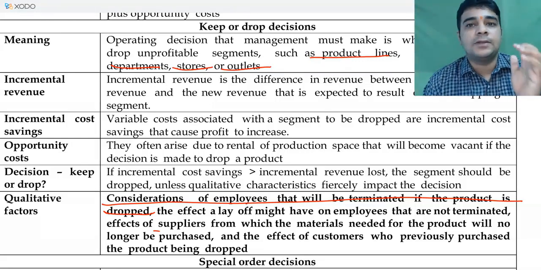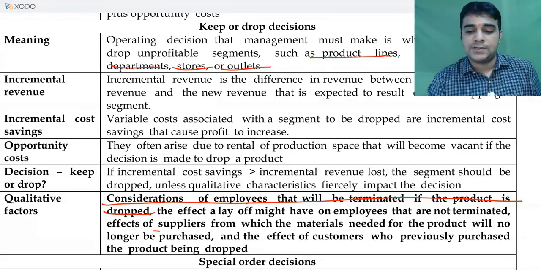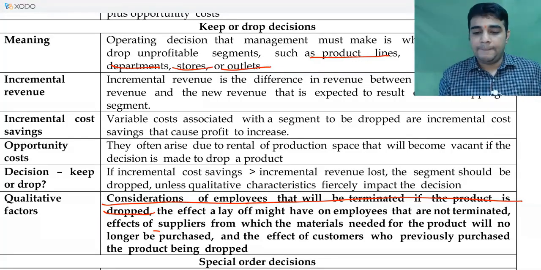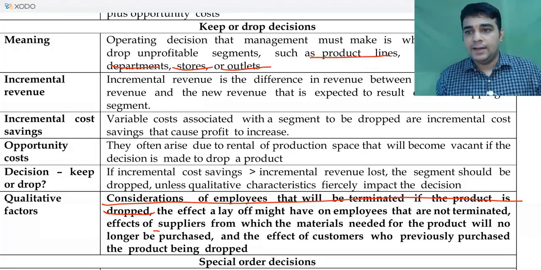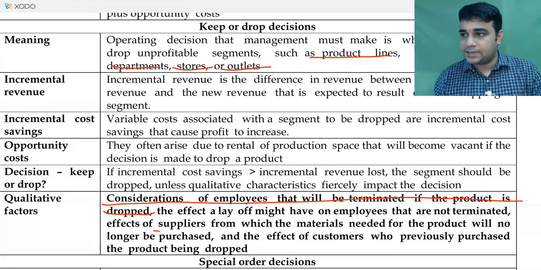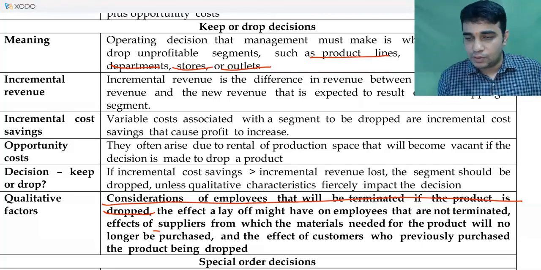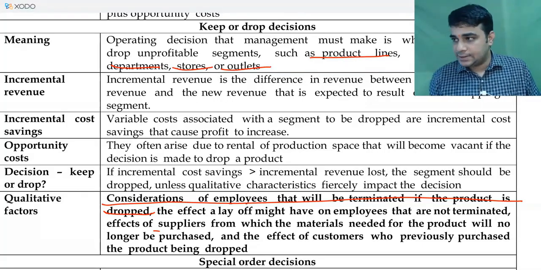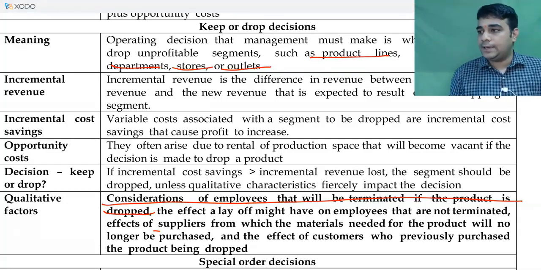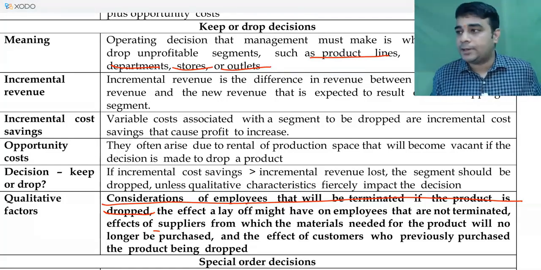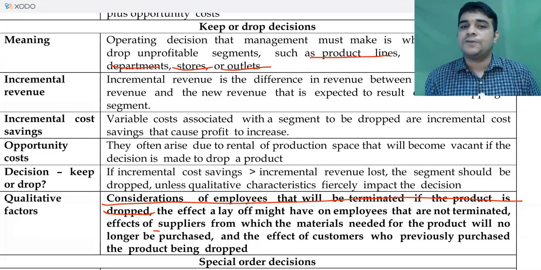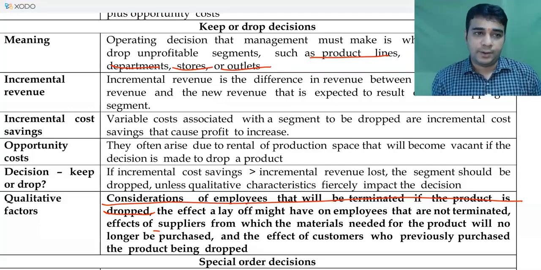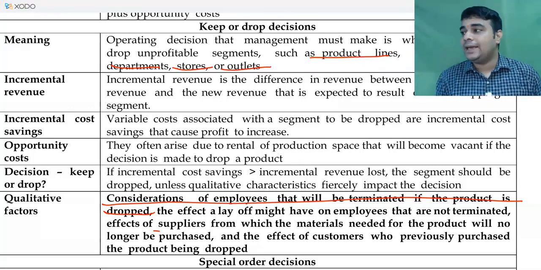I take classes for Bharadwaj Institute. Suddenly I get a requirement from a student where I may have to take some extra classes for that student. The pricing which I fix there is not expected to impact the pricing which I am fixing in my regular classes. So a domestic order which is not likely to impact the existing operation, or similarly it could be an export order. Export order mostly will not impact your domestic operation. So all types of export order may come under the special order situation, or a domestic order which is not likely to